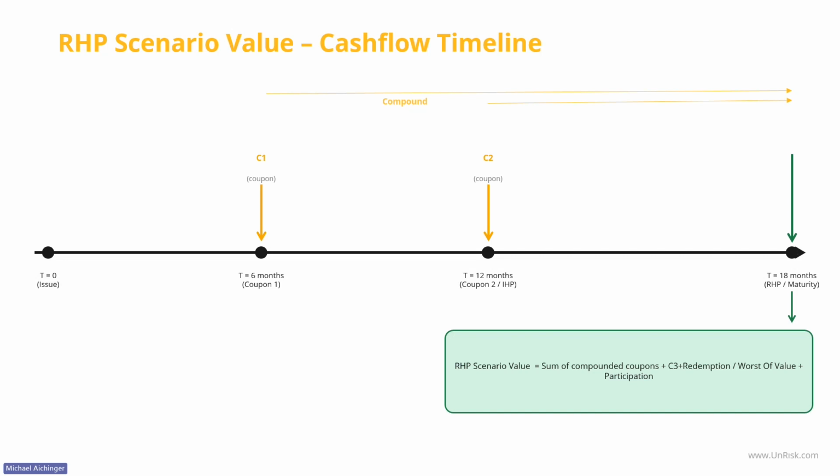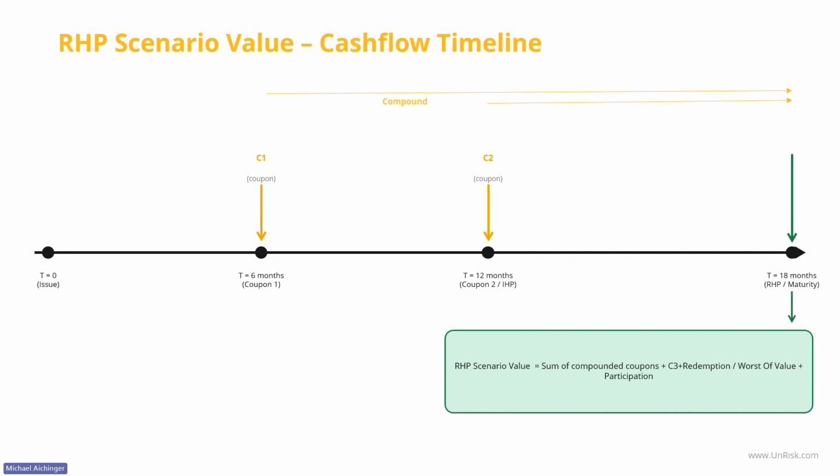And you have to add all cash flows that are delivered at the recommended holding period. So this is the final coupon. This is the nominal at par if the barrier is not hit, or the nominal at par if the barrier is hit, but the different individual cap levels are not breached